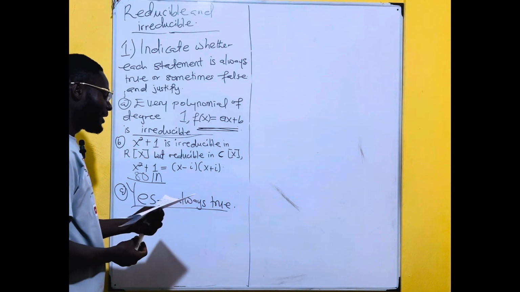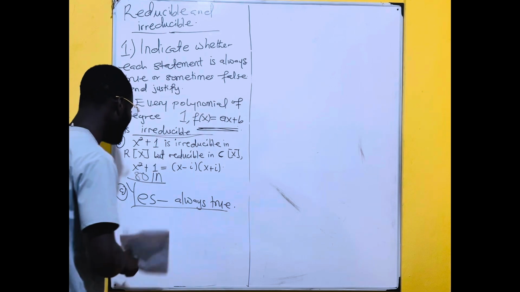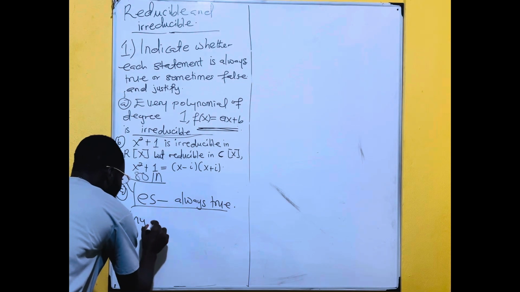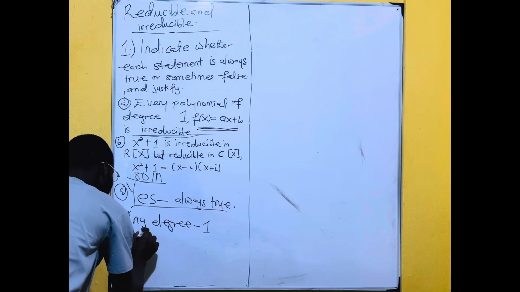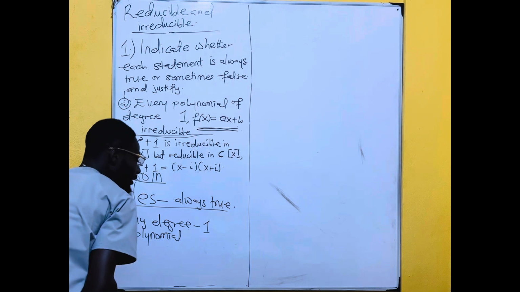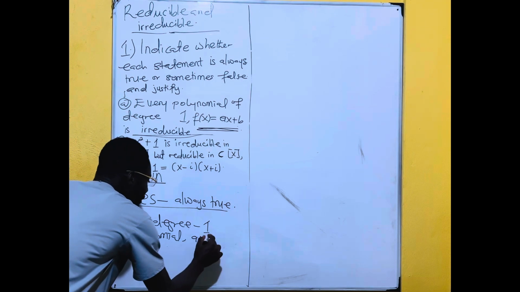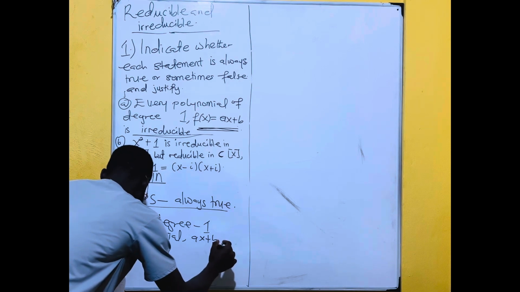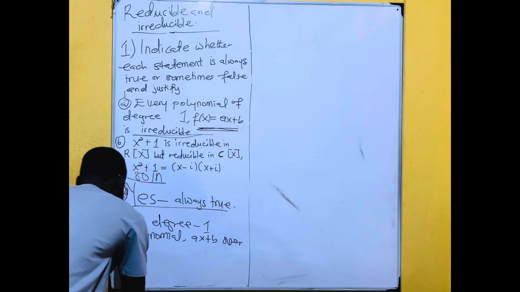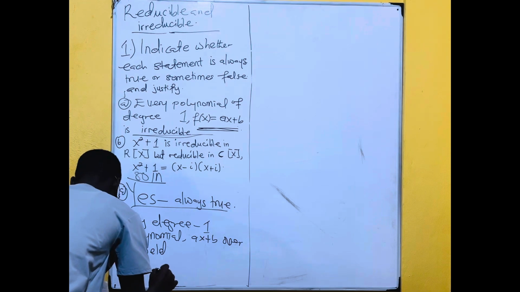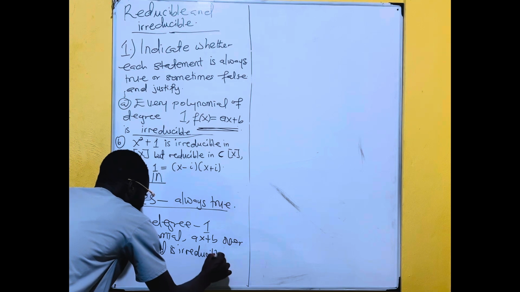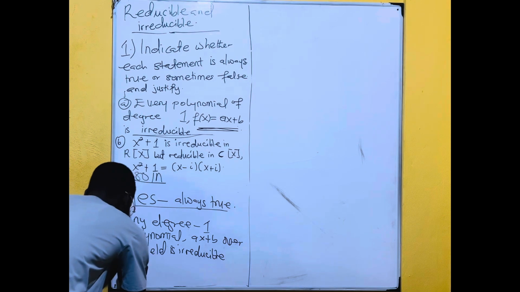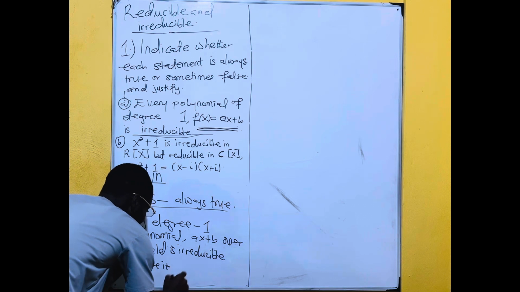So now the reason is that any polynomial of degree 1, ax plus b, over a field is irreducible. This is because it cannot be factored